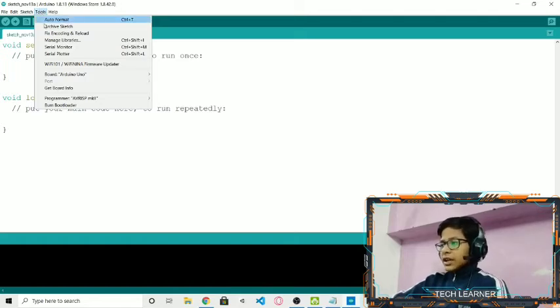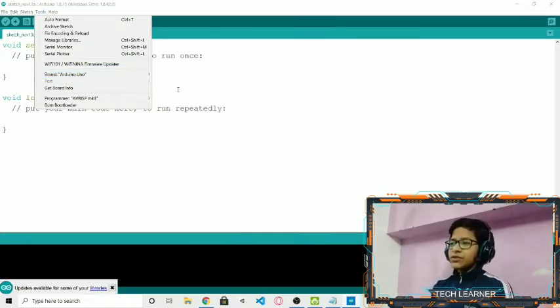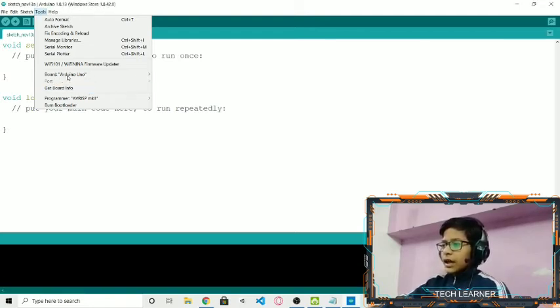In the Tools menu, again, there are two to three important things, like the board. In our basics we will be using Arduino Uno, so I've already selected it. When I connect the Arduino Uno to my computer, I will select the port.